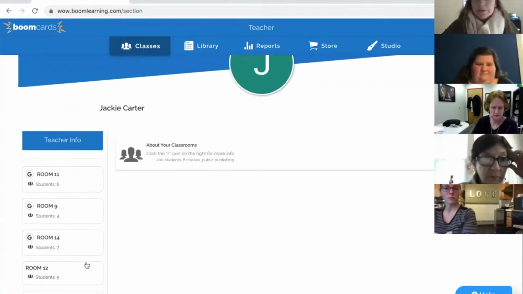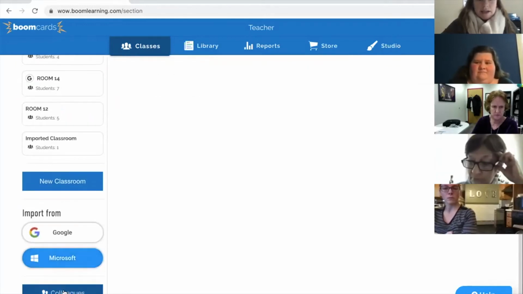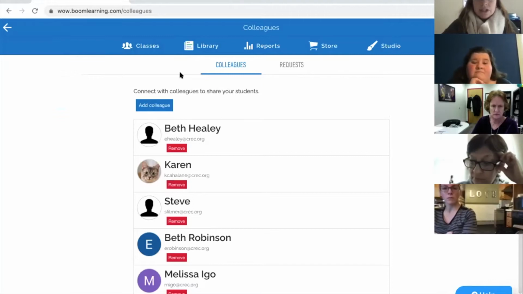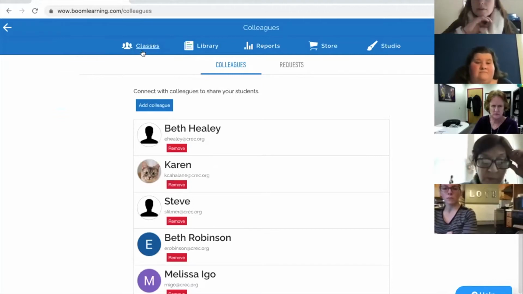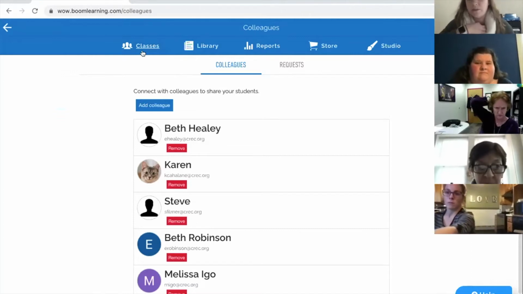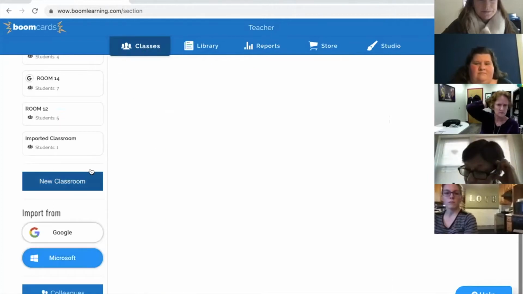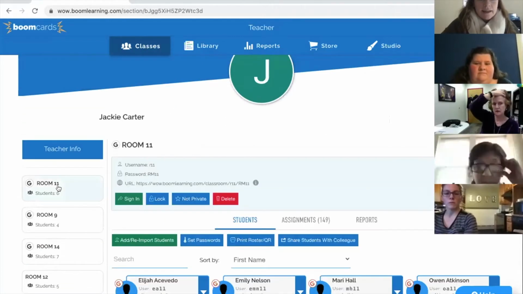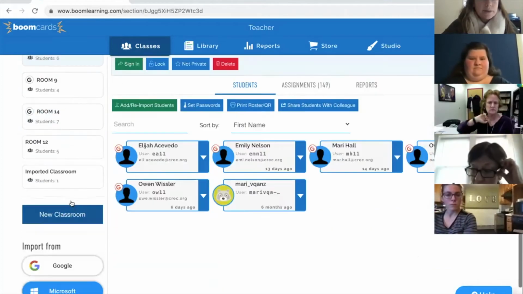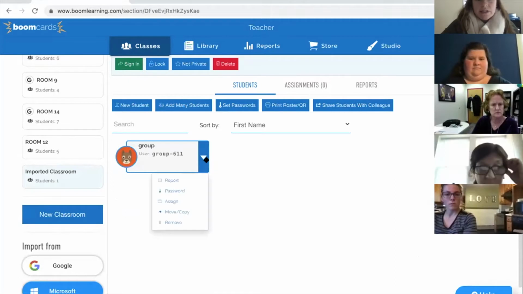You can import from Google Classroom, or you can create colleagues, which is down here. And this allows you to share students with multiple accounts because the teachers have accounts, the SLPs have accounts. I'm not sure who else has an account at Birkin, but that's super helpful. This is where you also add students. So I'm just going to do it imported. So this is where you can add students. You can